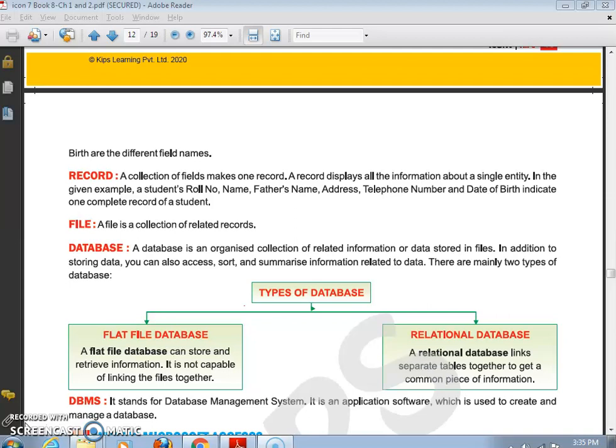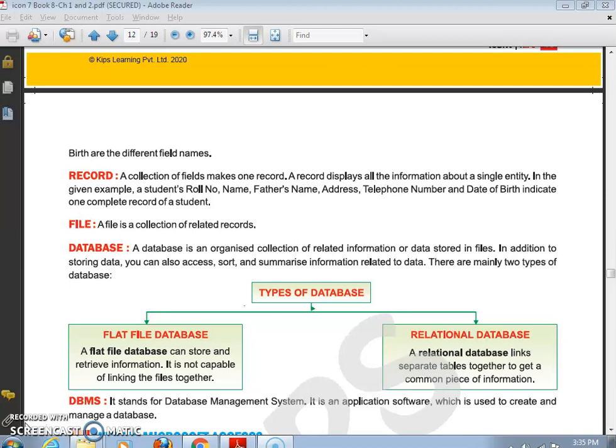One where only you can store the informations in a file, and that file cannot be connected with the another table or another file. But in the relational database, two different database or two different tables are linked on a common field name. There are many field names, but in the two different database, suppose one field is common in both the tables, then you can connect them, you can link them.